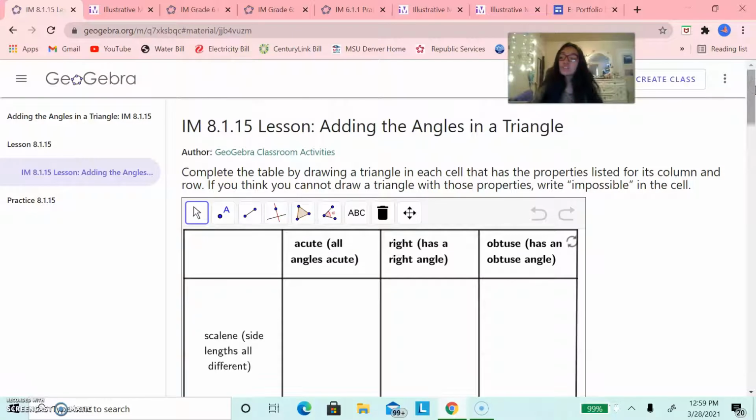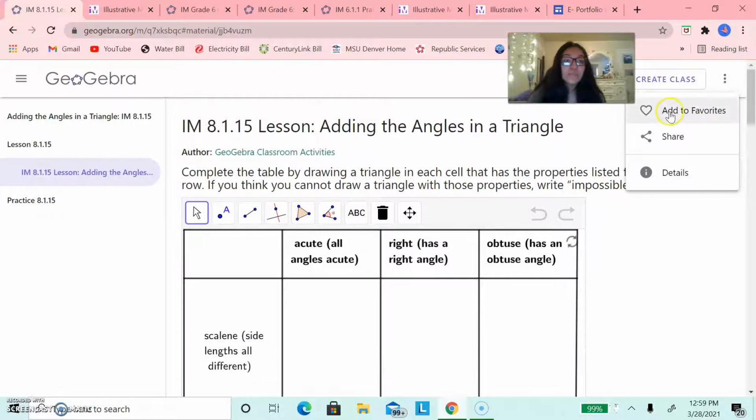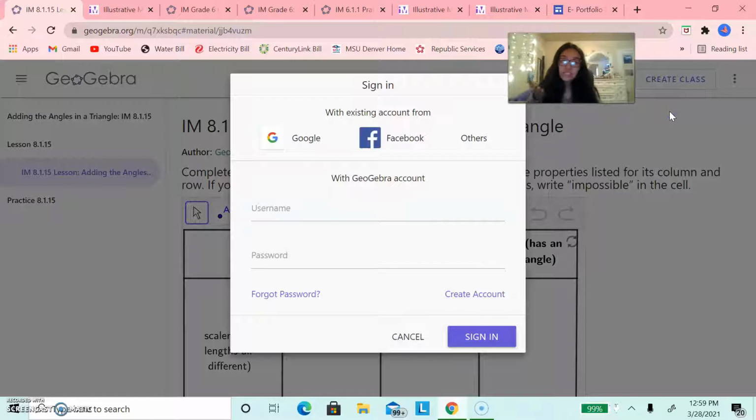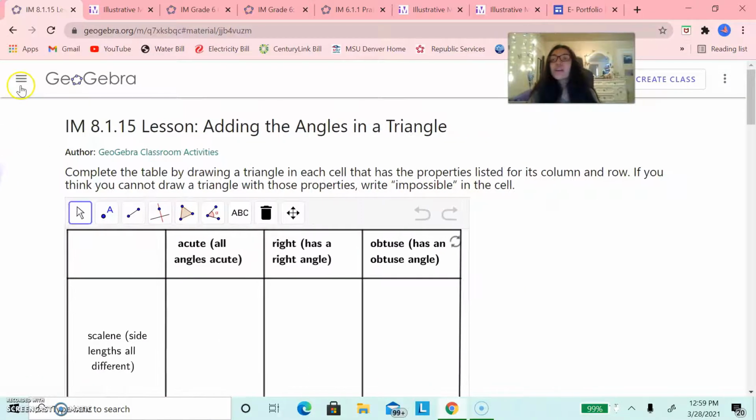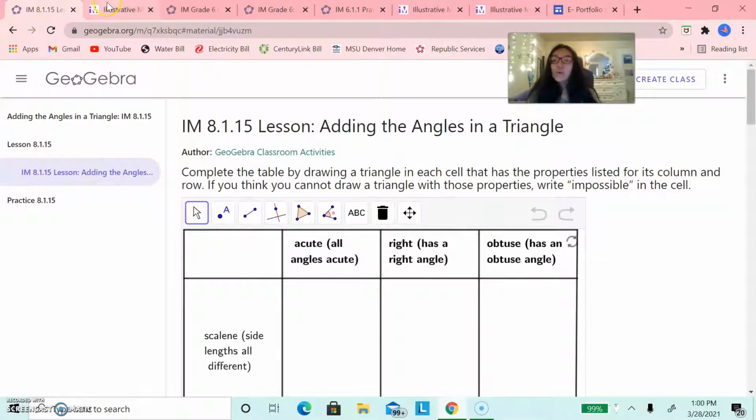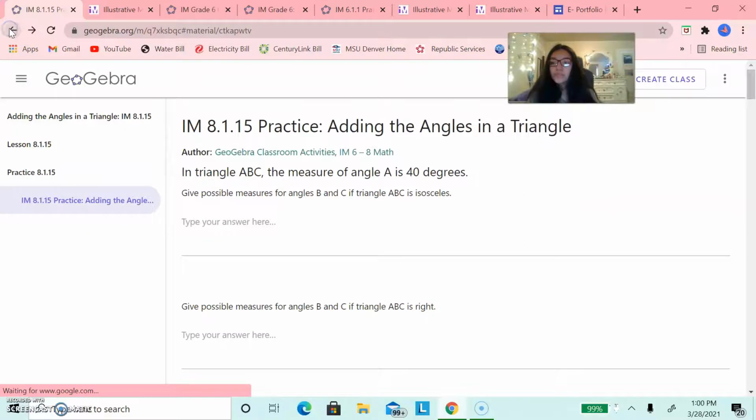Okay. Also, this is very efficient because you can actually just save it completely. If you go to these 3 dotted lines, you can click on it and you could put add to favorites. Obviously, you have to create an account. So first, like I recommended in the first video, it would be ideal to create an account. Also, if we go back to our home page,